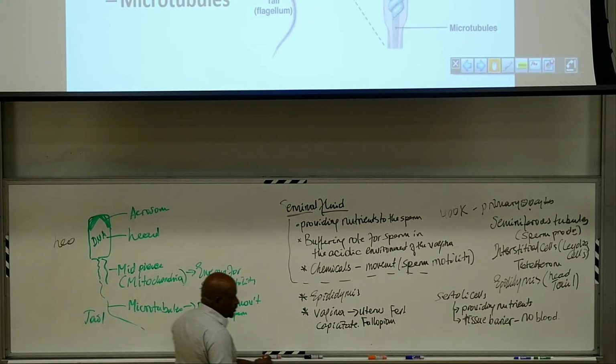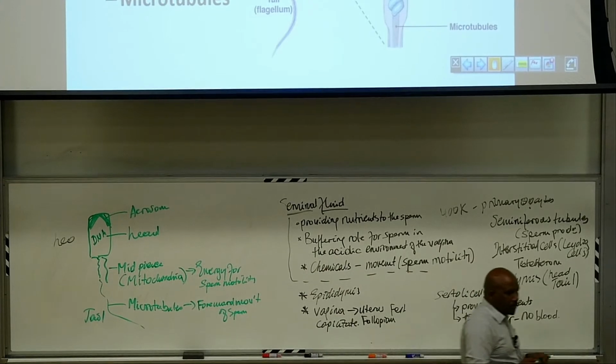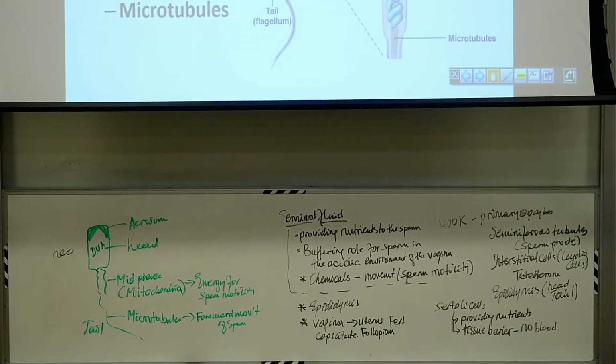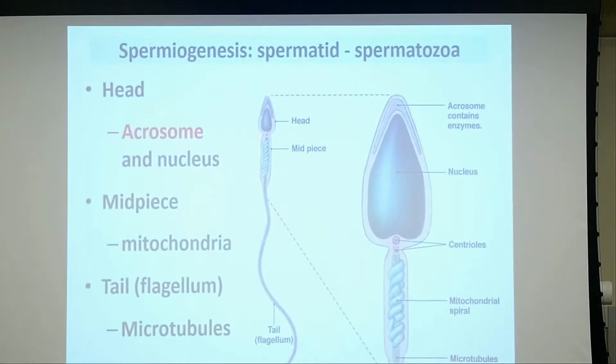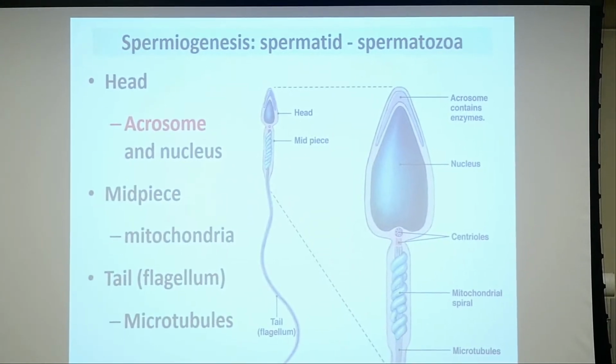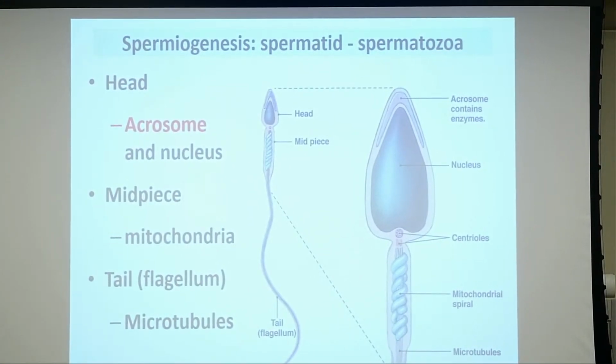Okay? So these three parts, we have already seen. The head of the sperm contains the acrosome and the nucleus. The mid piece contains the mitochondria, and the tail part is